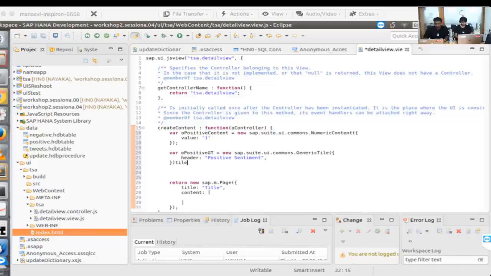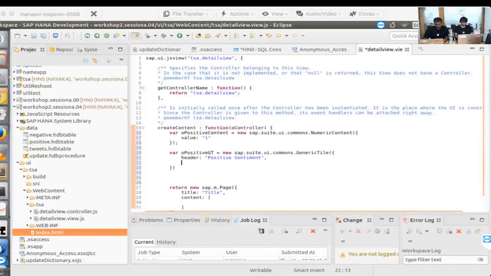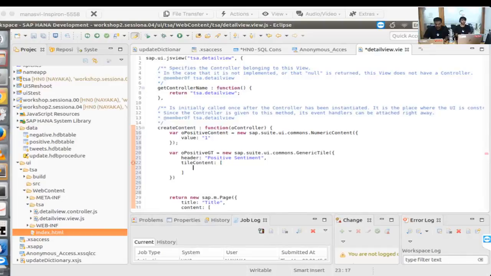Then we'll have the tile content. So it will be an array containing all the content that goes inside this generic tile. As I said, numeric content would be contained inside tile content, which will go inside generic tile. So inside generic tile, we are putting the tile content. So new sap.suite.ui.commons.TileContent,